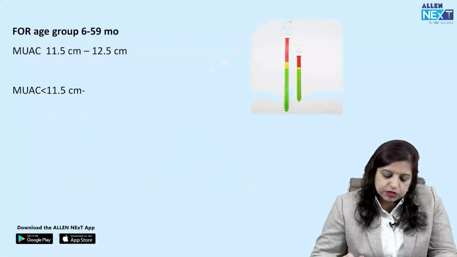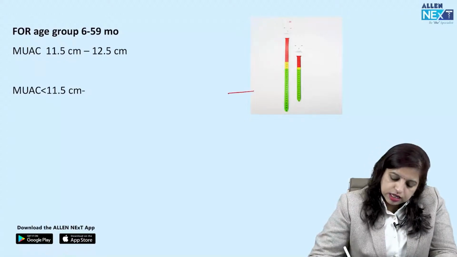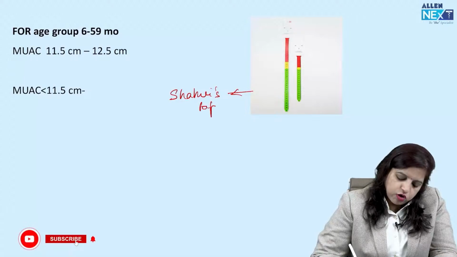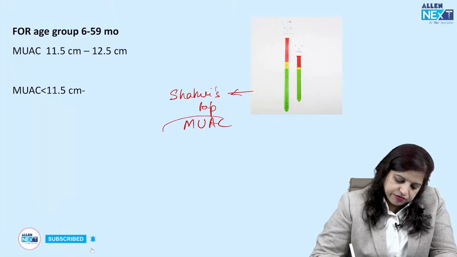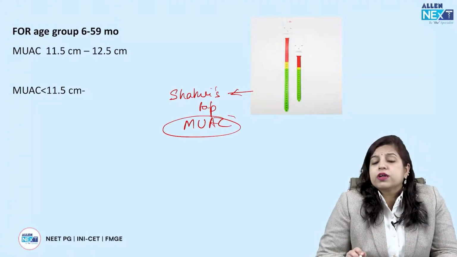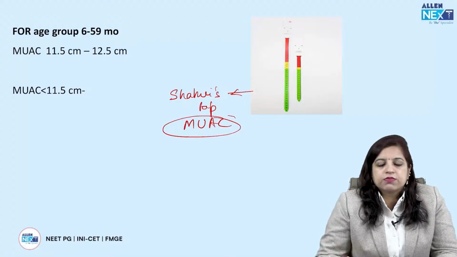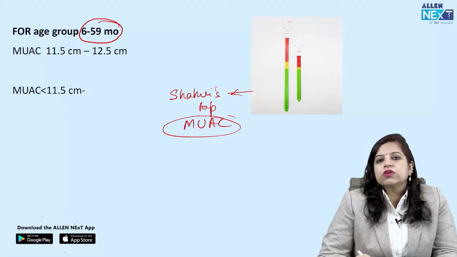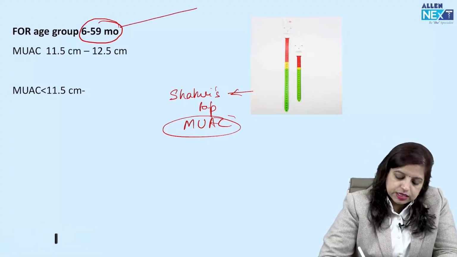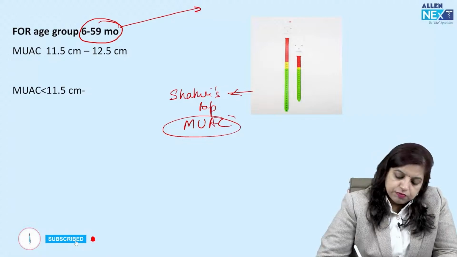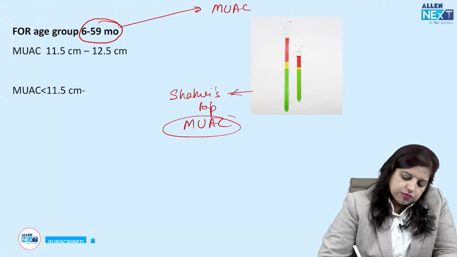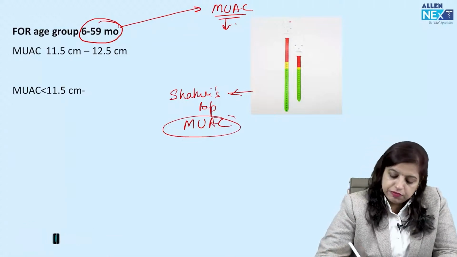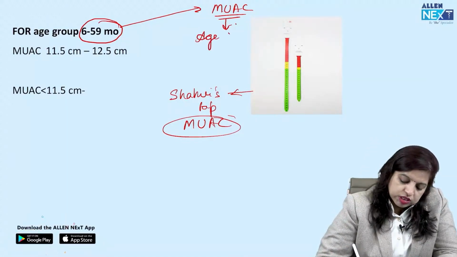Coming to the assessment of malnutrition, we know this is nothing but a Shakir's tape, and this is used to measure what? Mid-upper arm circumference. Mid-upper arm circumference is useful in assessing malnutrition in the age group of 6 to 59 months. One more thing you should know is, as per the recent update, MUAC is no longer an age-independent criterion. Remember, now it has become both age and